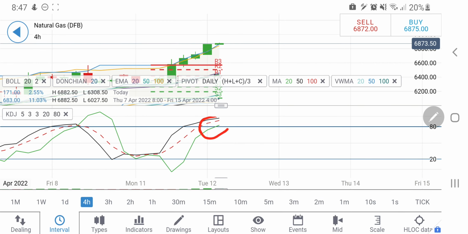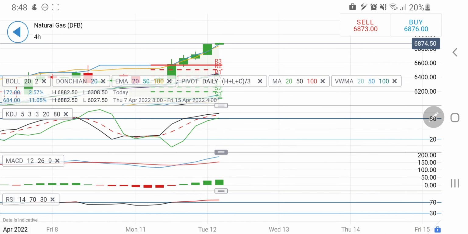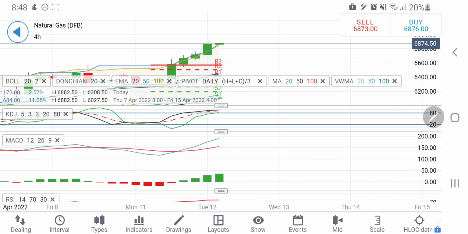Look at the 4-hour stochastic. This is extremely overbought here. However, the variance is also lagging behind, and hence probably a green candle can be expected, but I'll still be doubtful and cautious because NG has seen a tremendous rise in the last few days and last few weeks rather, I should say. So yes, there should be an appearance of a red candle. However, we have to be cautious there.